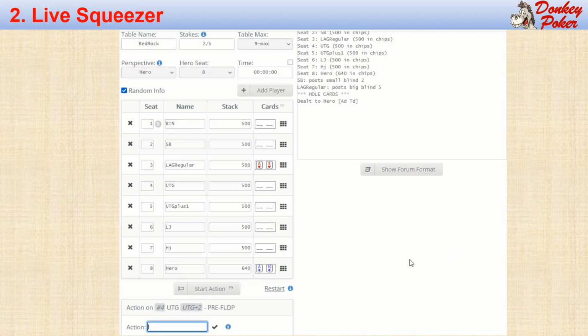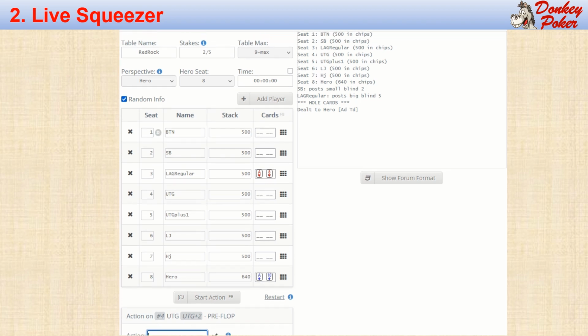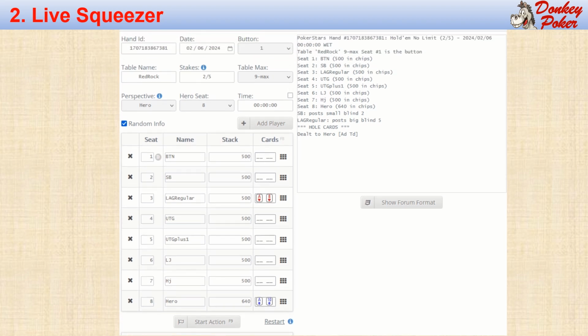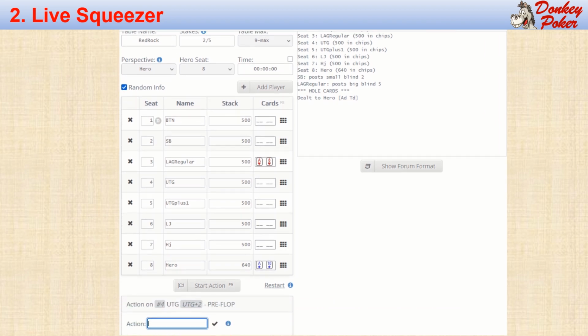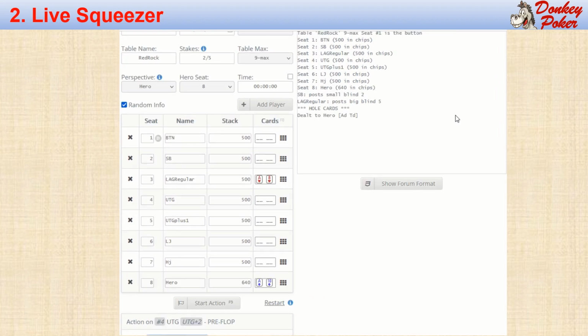So the action now is on the under-the-gun player, and we can see that as soon as we start the action, the text file has begun to be created. The small blind posts the small blind, and the lag regular posts the big blind, and the hole